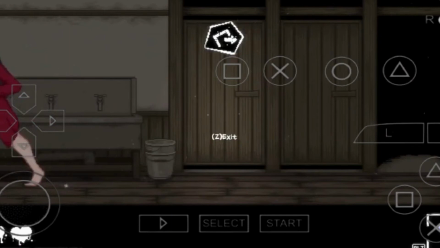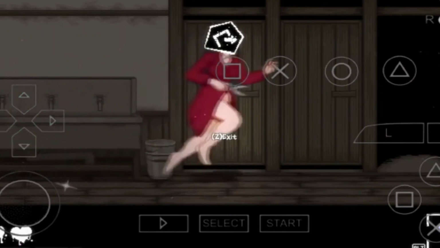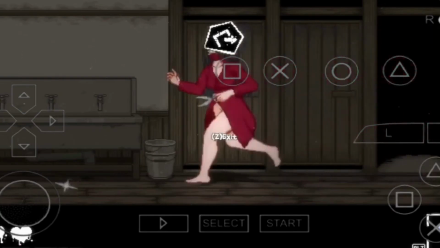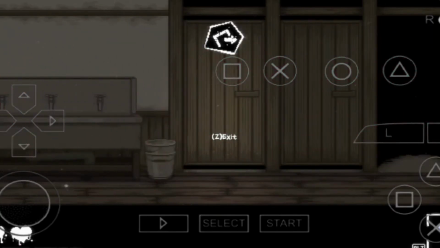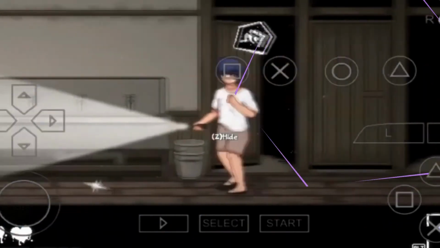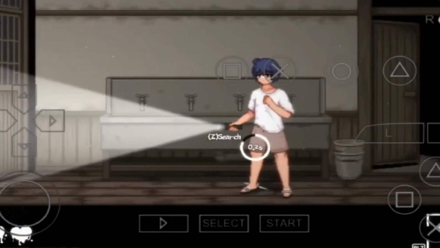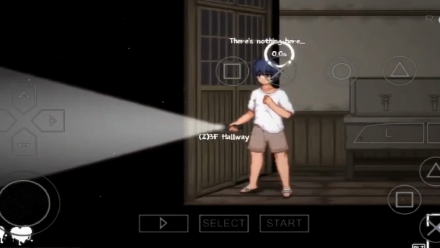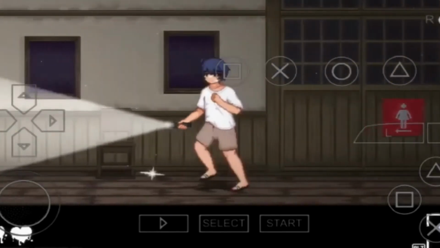So we'll just wait for this guy to go away. So you can see it's pacing back and forth. So yeah, it's not hard to download, guys. You don't need a lot of storage either. You just got to follow my steps and I'm going to show you exactly how to get it. So as you can see right now, I'm able to play and I mean, this is just crazy. So let's get right into the tutorial and you guys are going to learn how to download it onto your